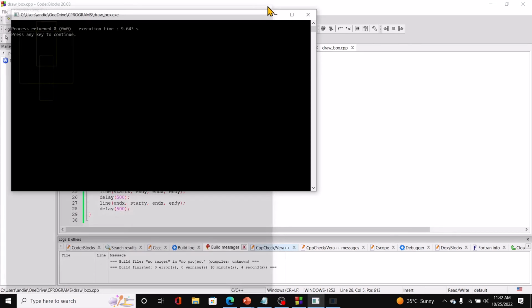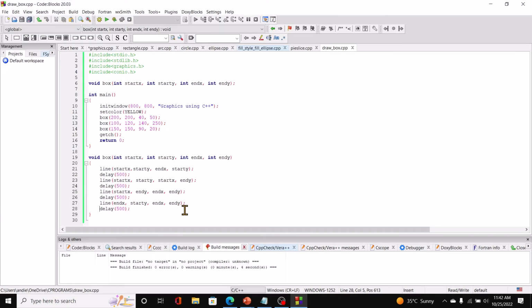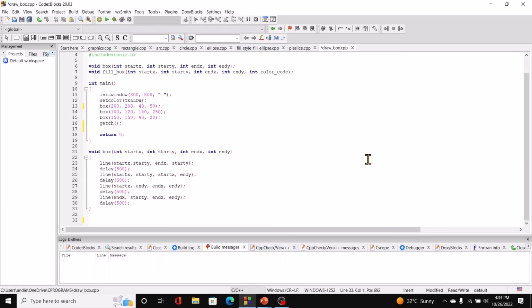So you see how that was drawn, right? So those are the three boxes, right? And you can play around, of course, with this program. Now the next program